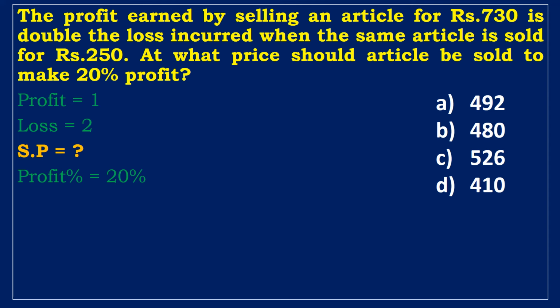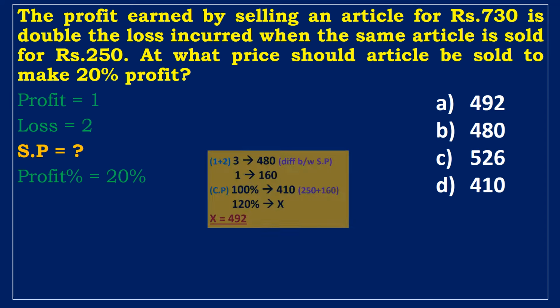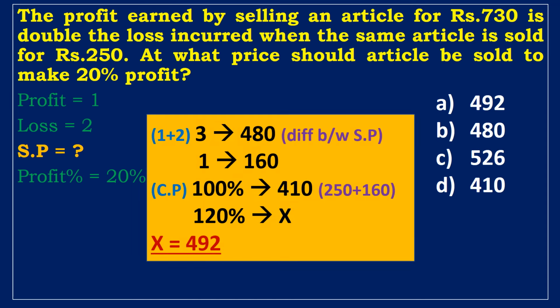According to the data provided in the question, the profit earned by selling the article is double the loss incurred. In this case, profit is 1. The loss is 2. The sum of these values is equal to the difference between the selling prices. The value 3 is 480. Then, the value 1 is 160. The cost price of 100% is the sum of the selling prices of 250 and 160. In order to find the selling price of the article with 20% profit